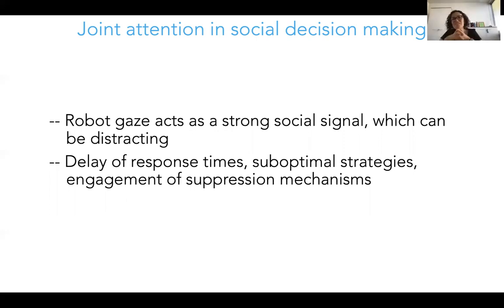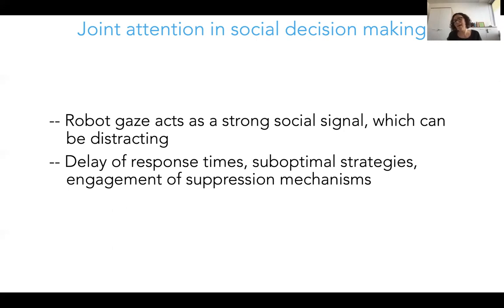So when I give this talk to people who are working more in robotics, I always say that there's this trend in social robotics to endow robots with as many social signals as possible to make them social. But our study shows that social is not always beneficial. It really depends on the task. And if you want your participants or your users to focus well on their task and to actually do their task efficiently, then maybe having a robot next to them that is extremely socially engaging is not the best thing to do.